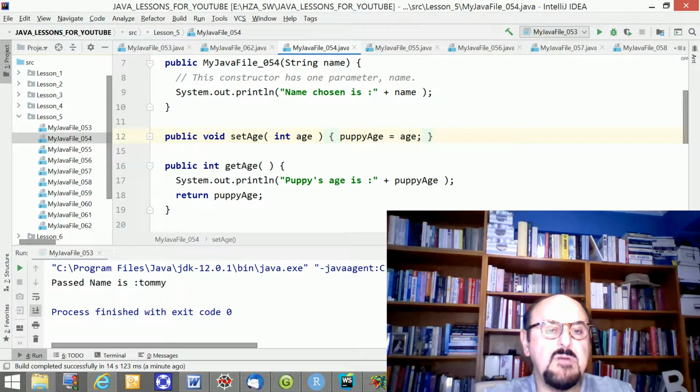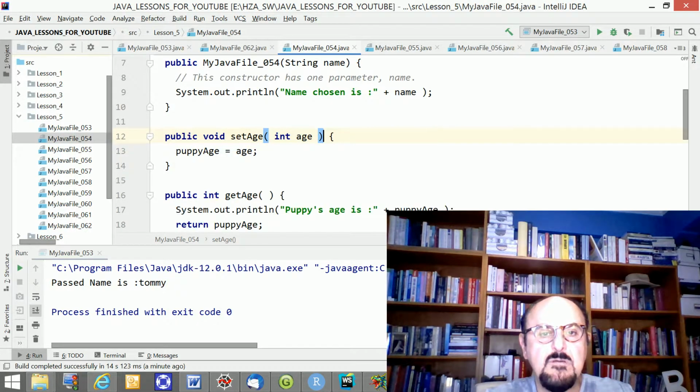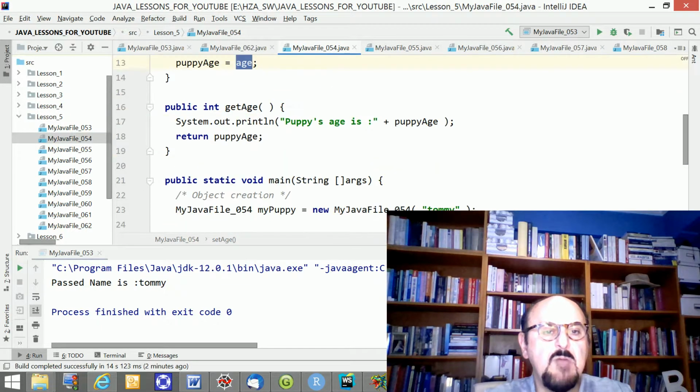I define a public member function here, set age, and it's going to accept an integer. Okay, we can prefer showing this one, much more accustomed to this view. Puppy age will be assigned as the age. Okay, this is the similarity. And how about the get age